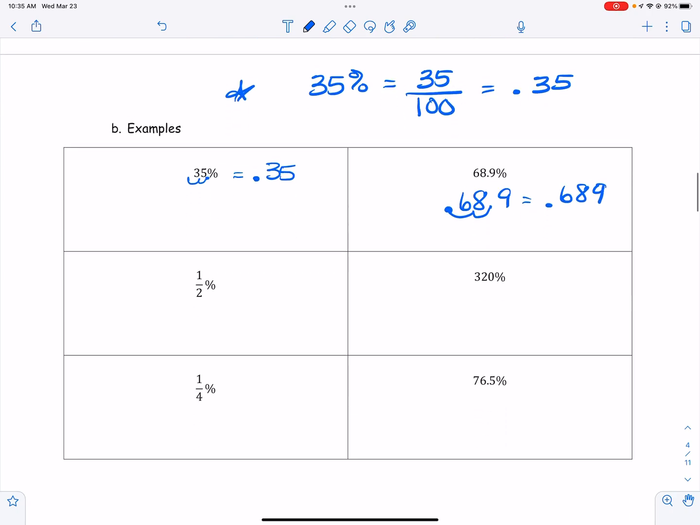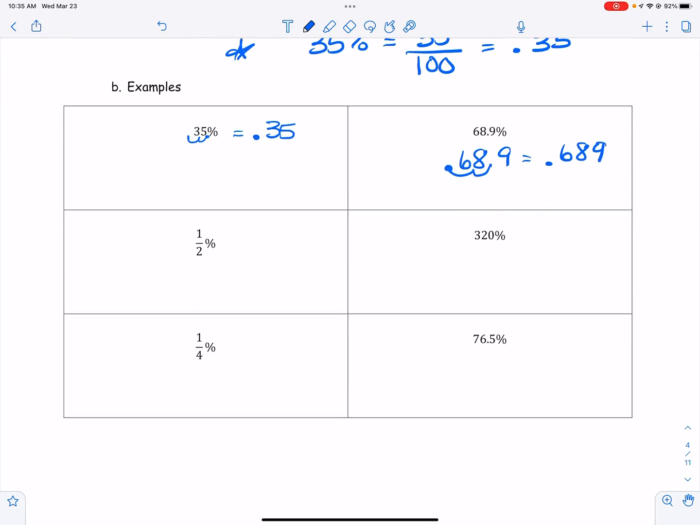I'm going to come back to the fractions. Let's try this next one. Drop the percent sign. Here's the decimal point. 1, 2. This becomes 3.2. Drop the percent sign, 2 places to the left, this becomes 0.765. Now these we have to first change